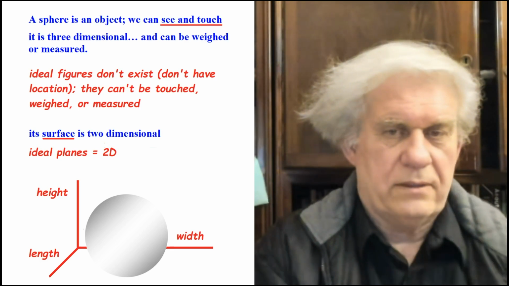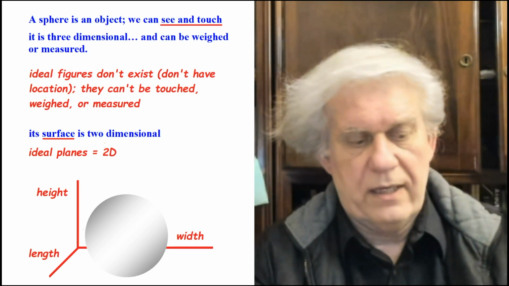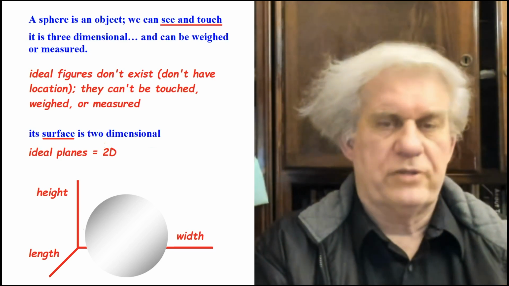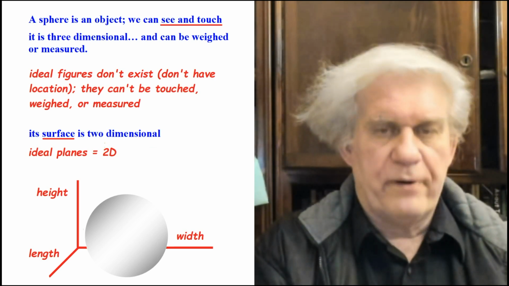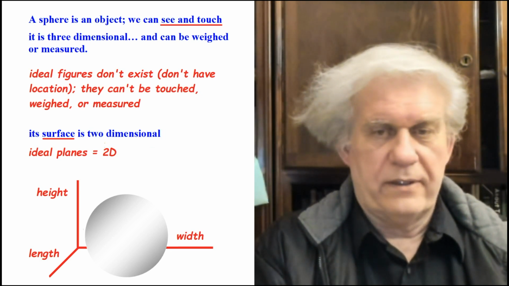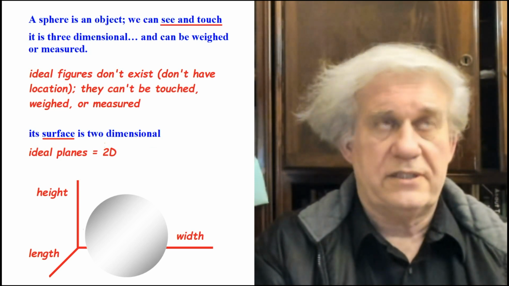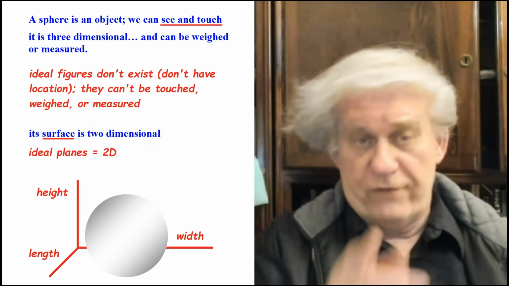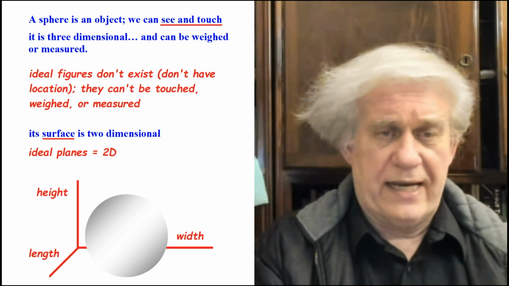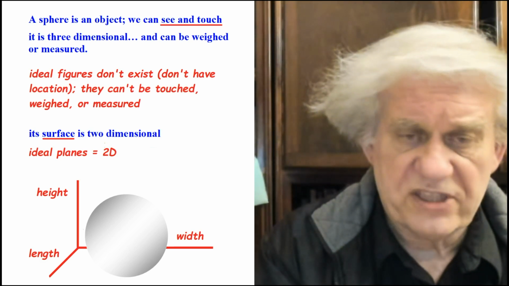Okay, and so when you look at a sphere, you look at something that looks like a ball, similar to that, but it's a perfectly smooth geometric object. In other words, it's an ideal geometric object because we cannot produce anywhere in the universe a perfect sphere. If you go in there with God's eyes and look at it with your magnifying glass, you'll see some imperfections. So there is no such thing as a perfect sphere out there in the universe. Therefore, you cannot weigh it, you cannot touch it, and you cannot measure it, because there is no such it out there. So no, a sphere cannot be touched or seen or weighed.